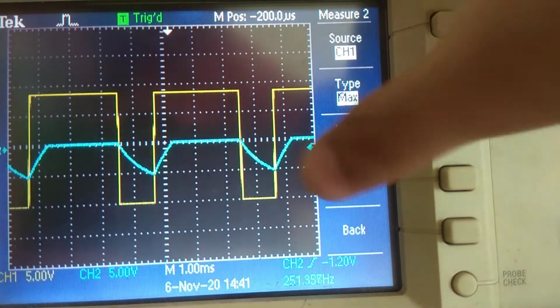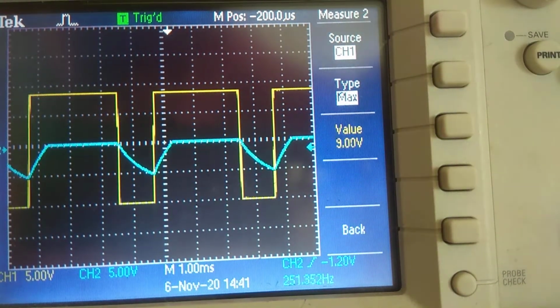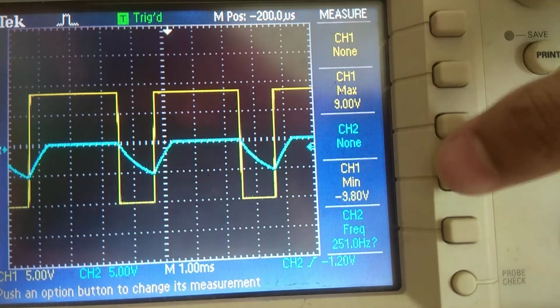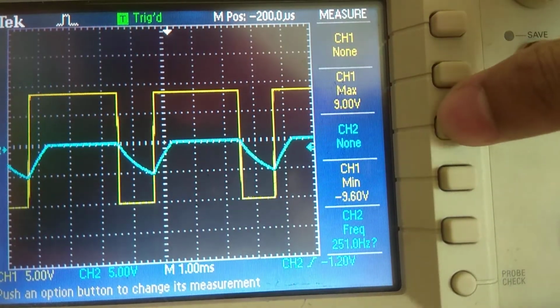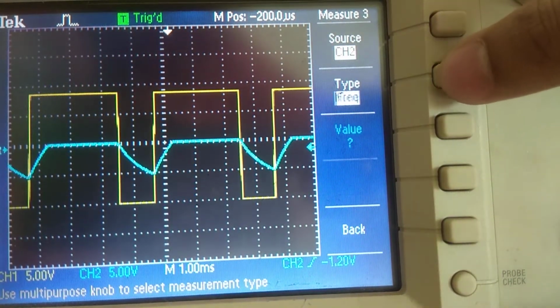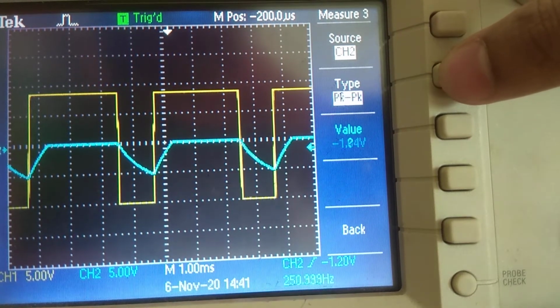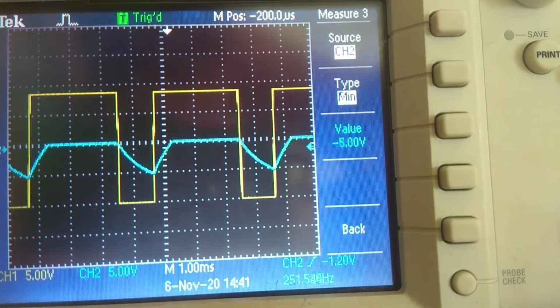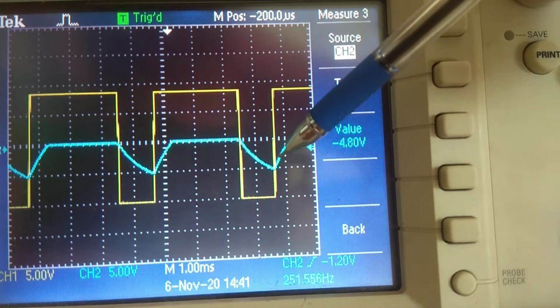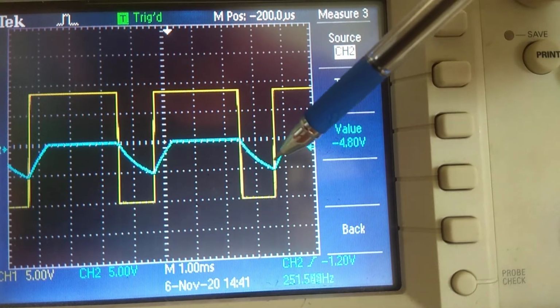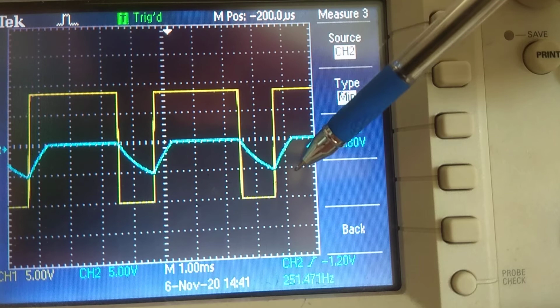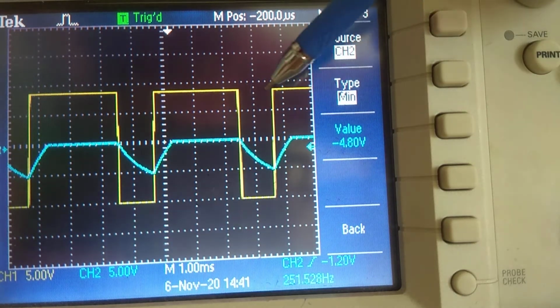Now I am going to channel 2 to measure the capacitor voltage. Now if I measure the maximum value, peak to peak 5.40, and the minimum value means it is charging to minus 5 volt. If it starts going beyond minus 5, then it is going to go to positive Vset.